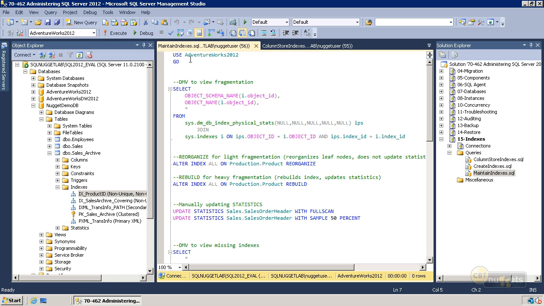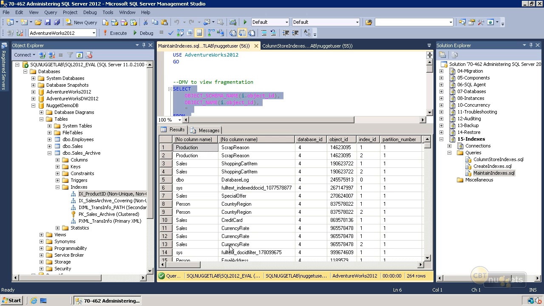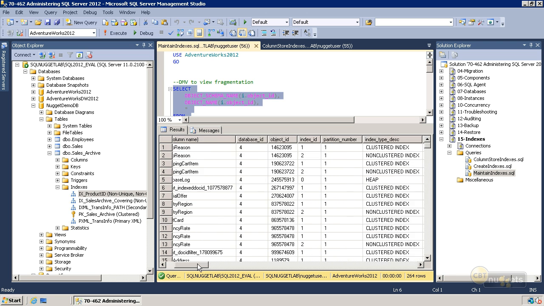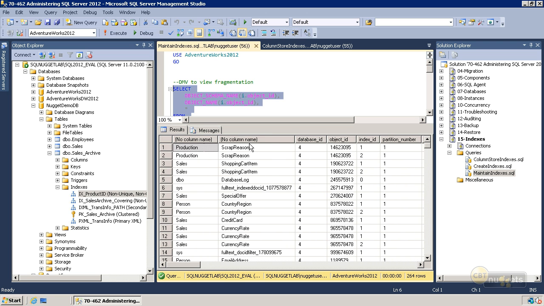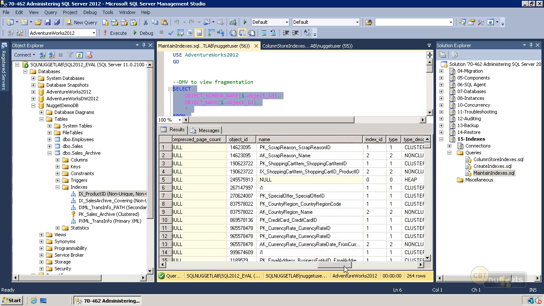Another way to do it, and this one we're going to use the AdventureWorks database for because we've got some fragmented indexes in here to look at, is to run this DMV. This DMV will give us a view of all the fragmentation across all the indexes in the database. And here's the DMV here, dm_db_index_physical_stats. You can join this to the indexes to pull out what schema and what table it's on. And if we just highlight this and hit execute, we will get all the tables, all the indexes in the AdventureWorks database. So this is just telling us the schema and the actual name of the table. If you want to see the index name, you can scroll over to the right here, and you'll also get the index name